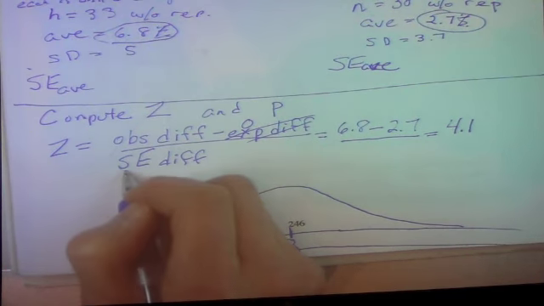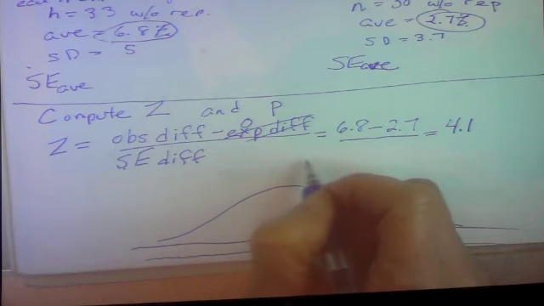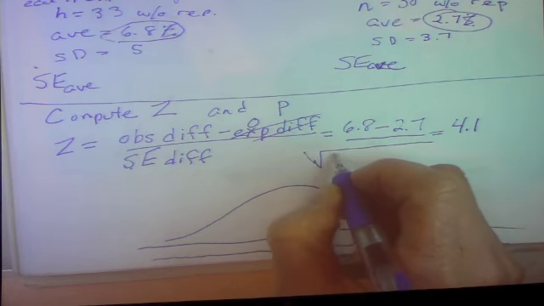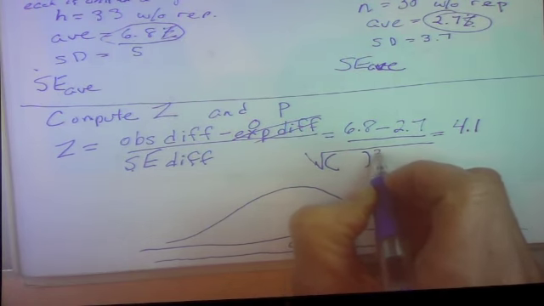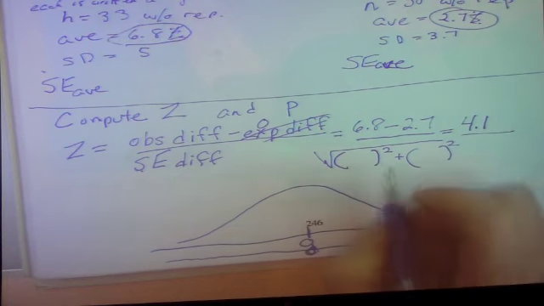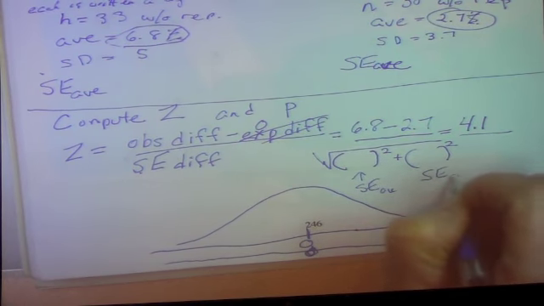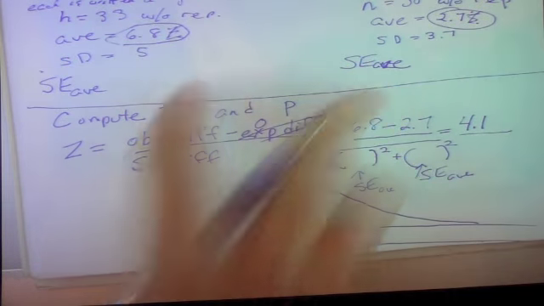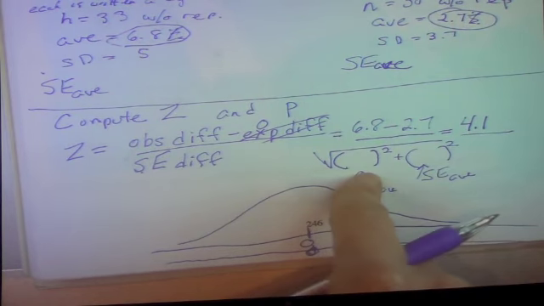Okay, so this, remember, is what? This equals, I can stick it right here. It's going to be, like the Pythagorean theorem, the standard error from one squared plus the standard error from this other squared. And those are both going to be standard errors for the average from each sample. Okay, that's what we're going to put in here. That's why I said to leave room. Don't put the standard deviations in here. We're talking about averages here, so we've got to get the standard error for the average.